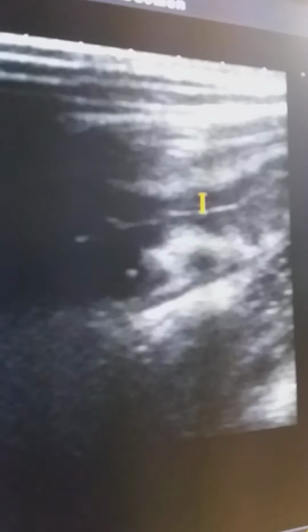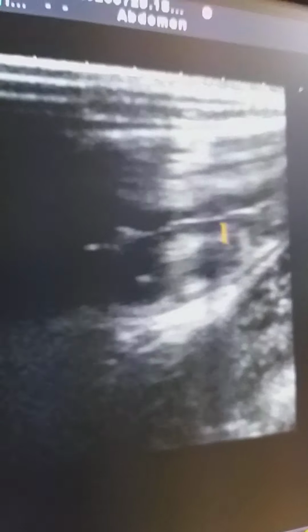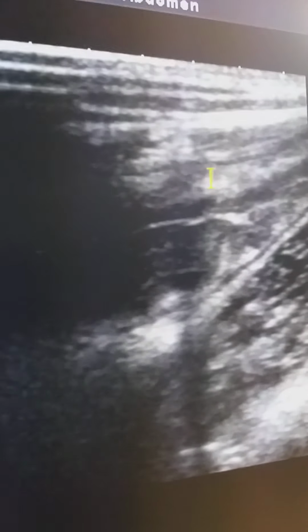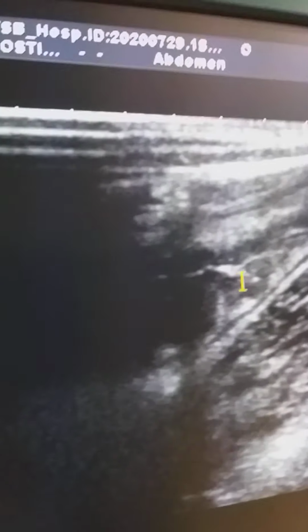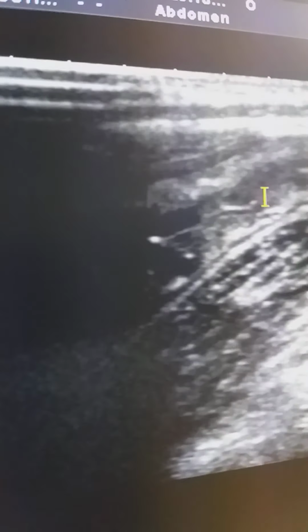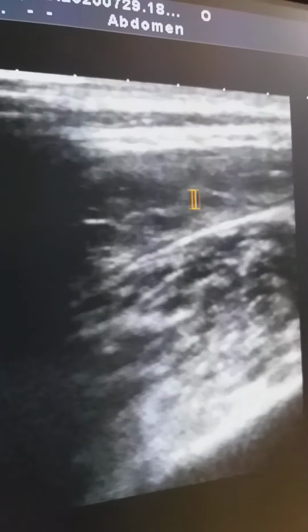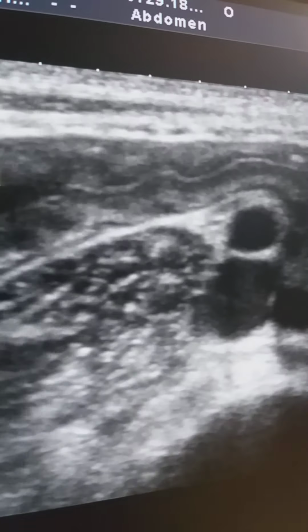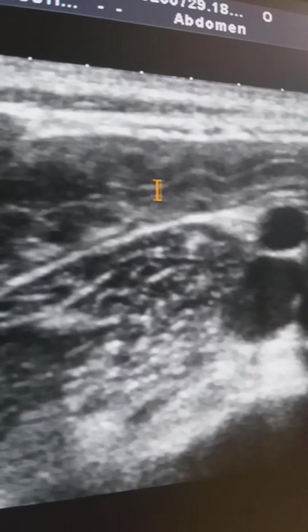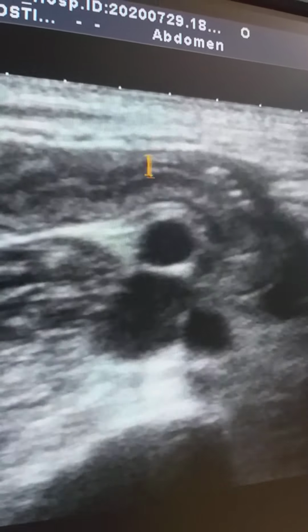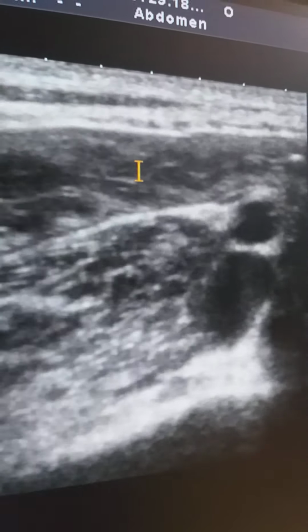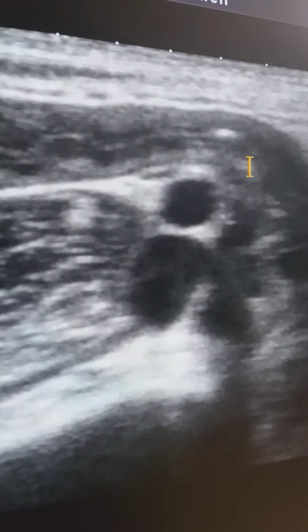Here we can see that the thickening of the terminal ileum is circumferential and symmetrical. Thickening is present on the anterior and posterior wall. I'm going downward to the pelvic region, terminal ileum converting into the distal ileum, and here we can appreciate that there is a continuous involvement of the terminal and distal ileum. No healthy portion of this loop is appreciated.